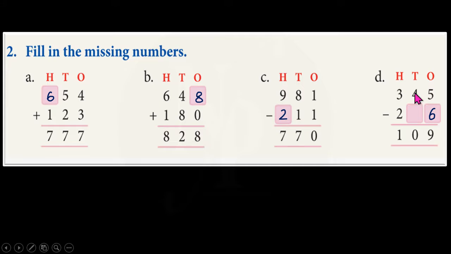Now after regrouping, here we have 3 tens, because 1 ten is given away to the ones column. So here we have 3 and the answer should be 0. So you should have 3 again here. If you write 3 here, 3 tens minus 3 tens will be 0. In hundreds column we have 3 hundreds minus 2 hundreds equal to 100. So in these boxes we should fill 3 and 6. Now this will be correct.